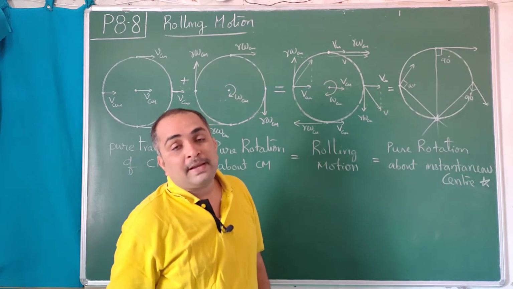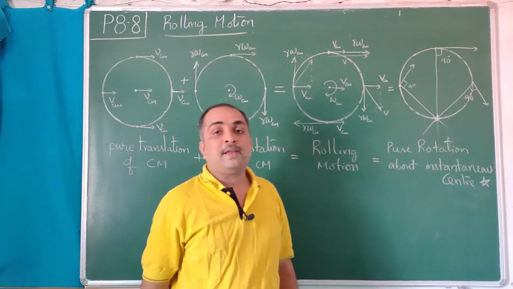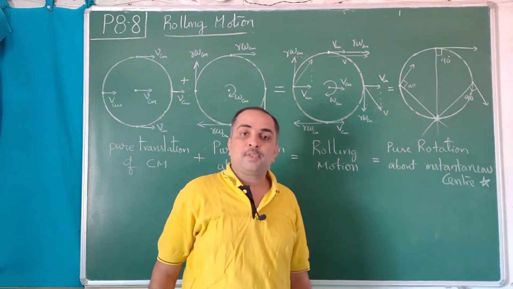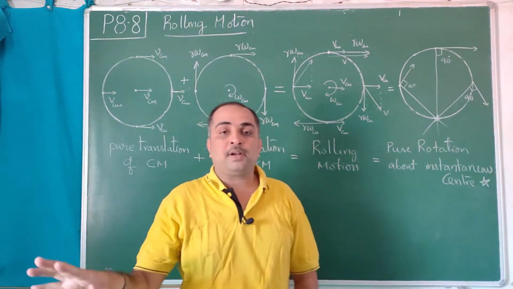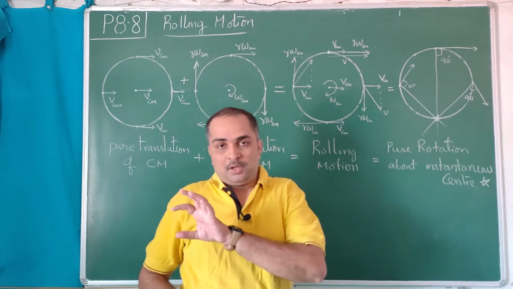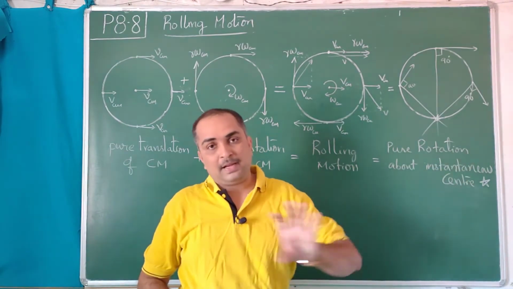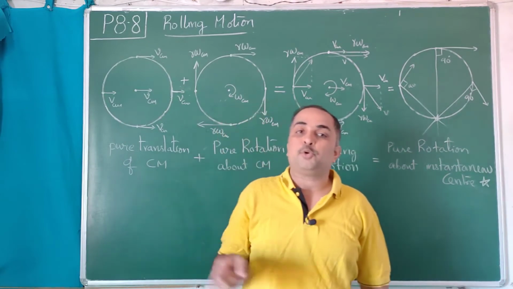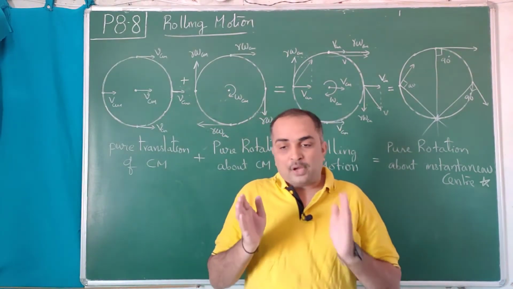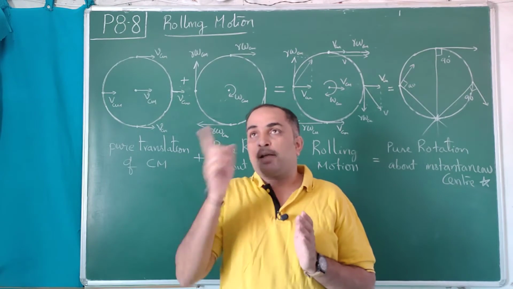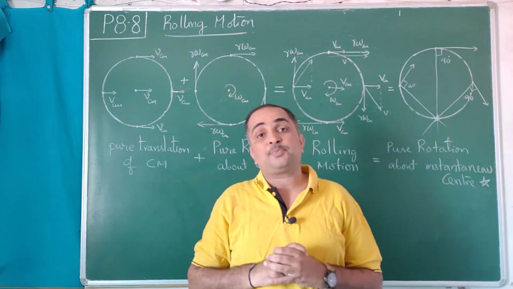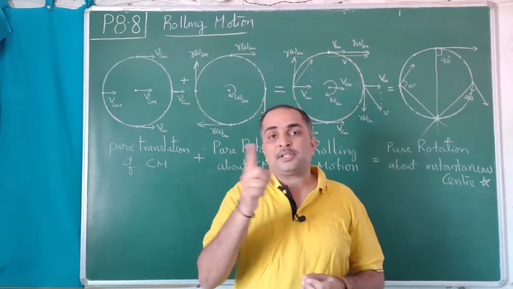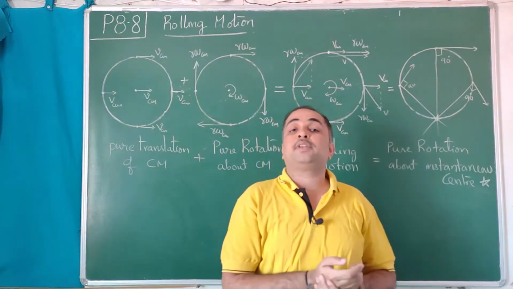The wheel of your vehicle, when you are going on a vehicle, it will be rolling motion. In that, the center of the wheel will move from one place to another place. So you moved from your house to some shop. In between, the wheel has moved, its center moves. Not only that, around the center there will be some motion. If you are sitting at the center point of view, then around you some motion will be occurring. That is pure rotation. If you are outside the reference frame, along with the rotation around the center it is also moving. So the center is translating.